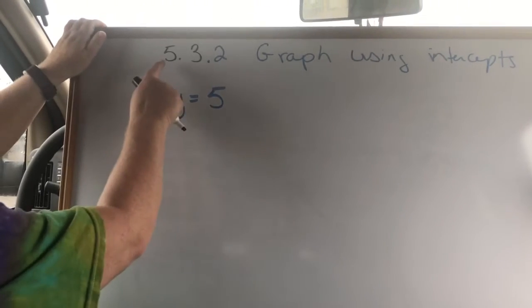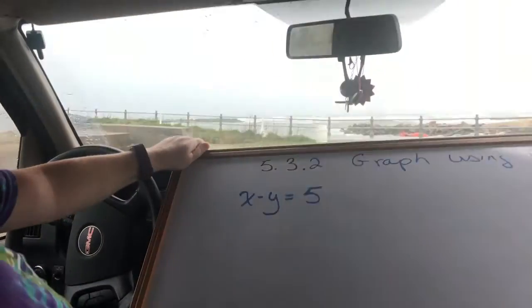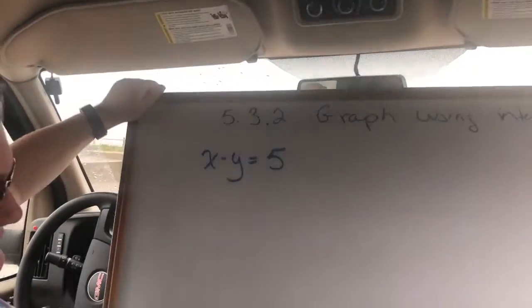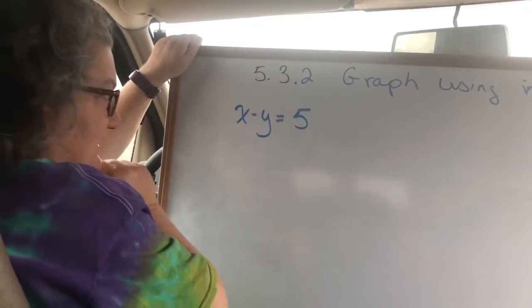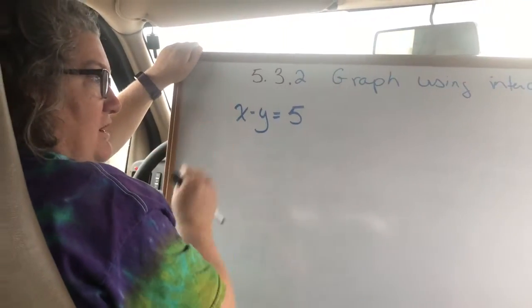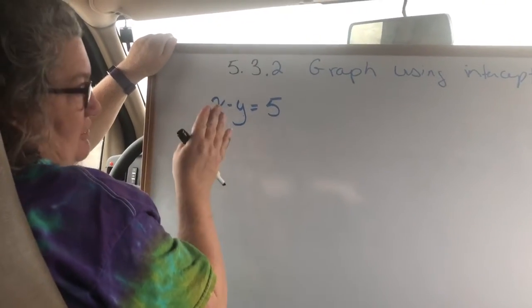Hi there, we're back. This is still 5.3 and we're in the second video, and we are still at the beach. So we're going to now graph using intercepts. In that last video, we learned what an intercept was. It crosses the x-axis or it crosses the y-axis, and we call it the x-intercept or the y-intercept, depending on